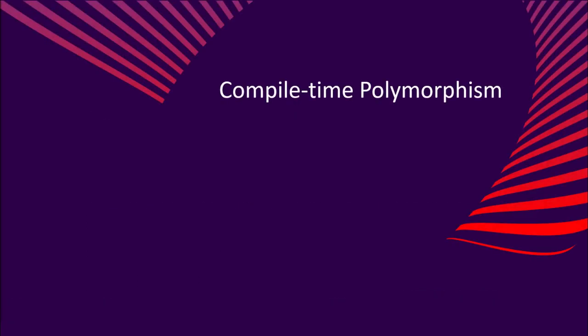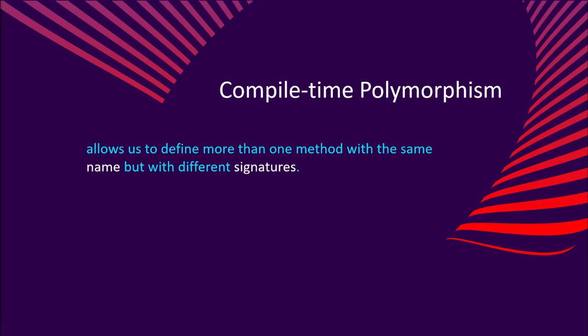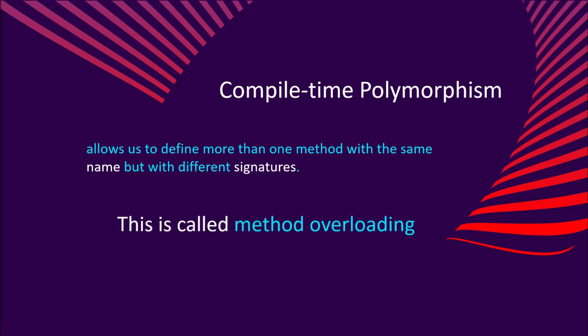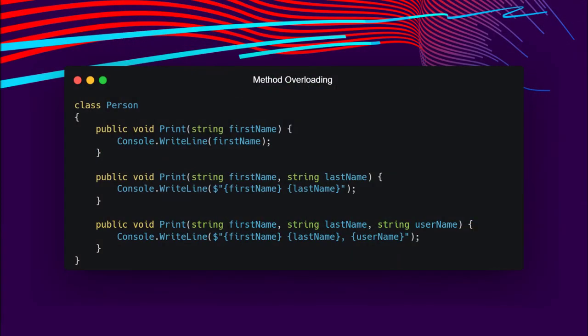Compile-time polymorphism is also known as method overloading. C# allows us to define more than one method with the same name but with different signatures. This is called method overloading. Method overloading is also known as early binding or static binding because which method to call is decided at compile time, earlier than the runtime. The following example demonstrates method overloading by defining multiple print methods with a different number of parameters of the